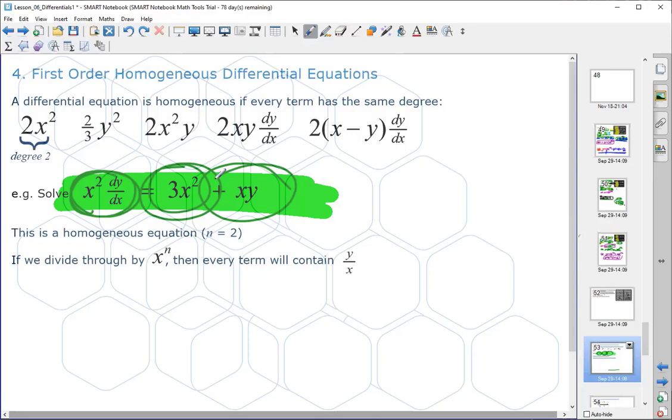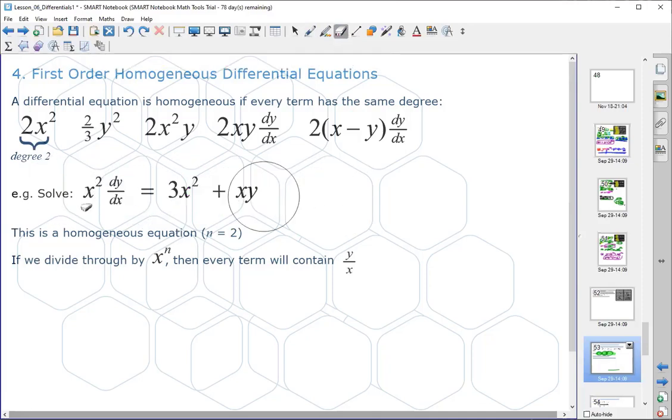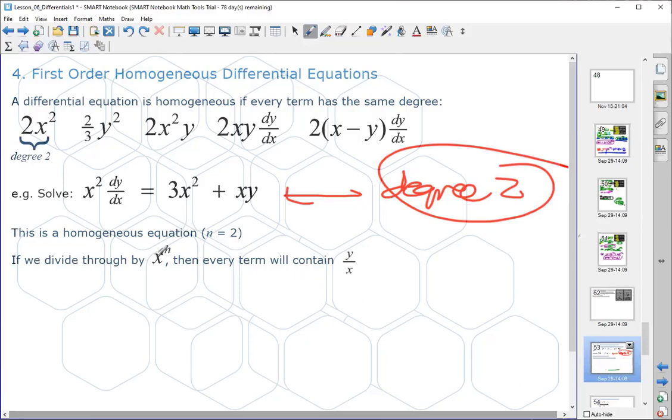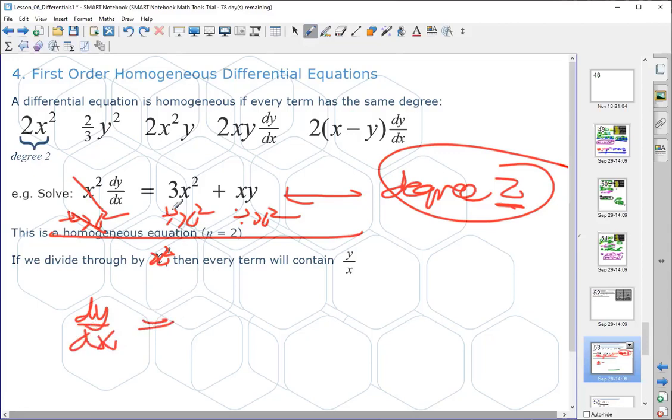So when we have an equation where every term is the same degree, what we can do is say, well, what is the degree of every term? The degree of every term here is 2. So we're going to divide everything through by x squared. If it's degree 3, we'll divide everything through by x cubed. So x squared divided by x squared gives us 1. So dy by dx equals x squared divided by x squared, that gives us 3, plus x divided by